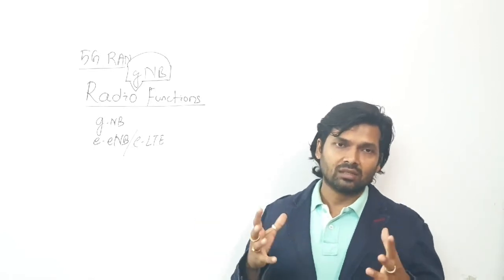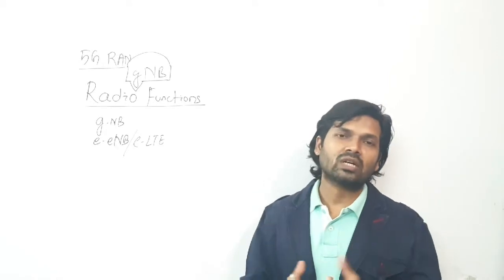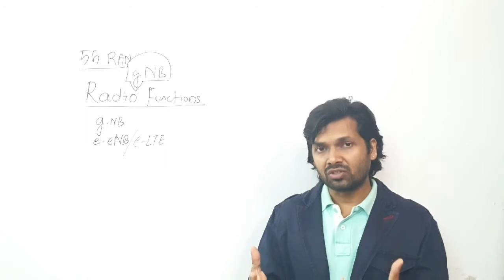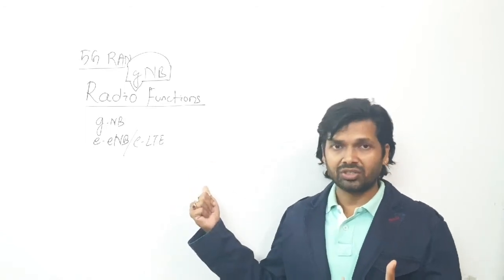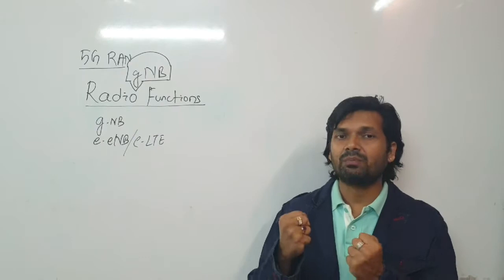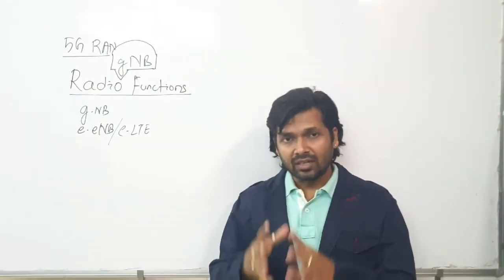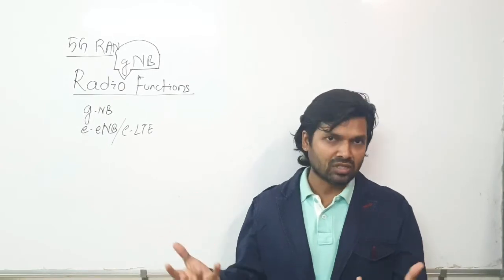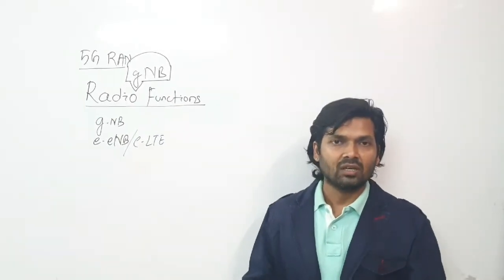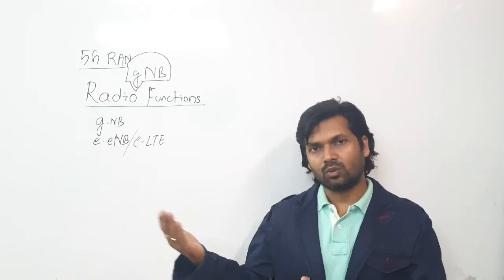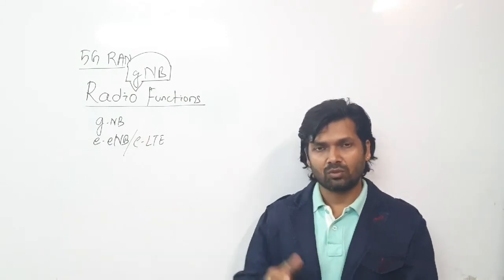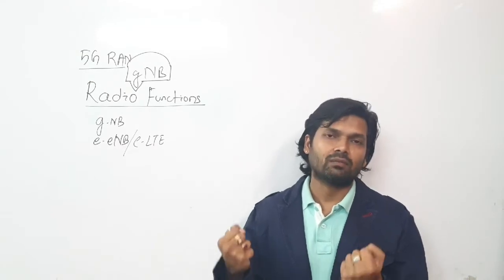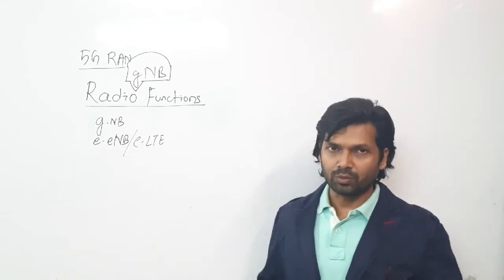And then the next one, which is also very important, is paging. Network paging is one of the most important functions handled by the gNodeB or the eNodeB. So in downlink we manage the paging also. And the last one is positioning. Like we have the global positioning system, so we have some positioning coordinates which we share with the network. From the UE side we share where the UE is situated. So this positioning is also managed via the gNodeB and the eNodeB.